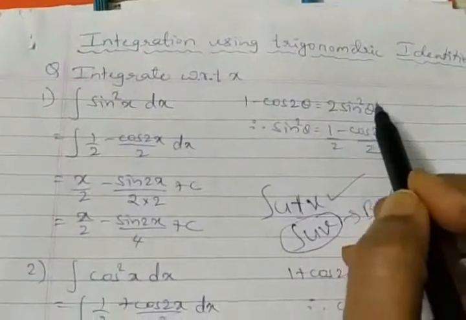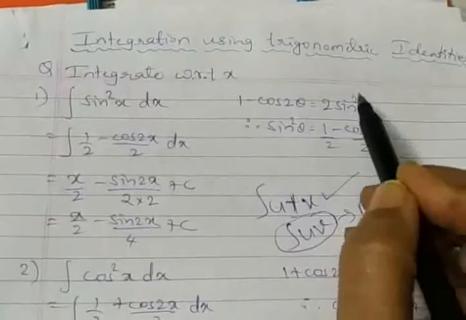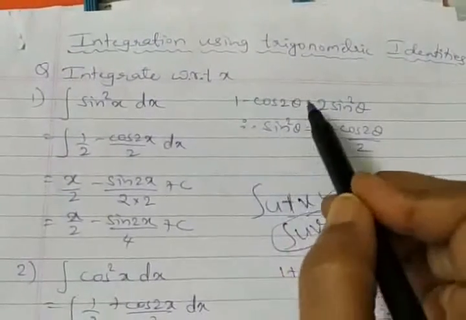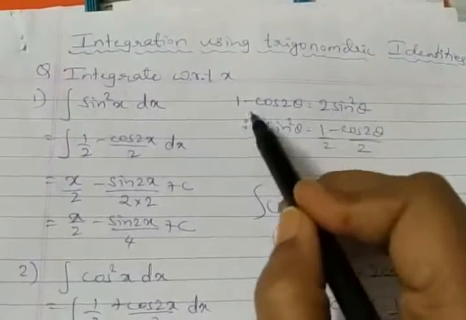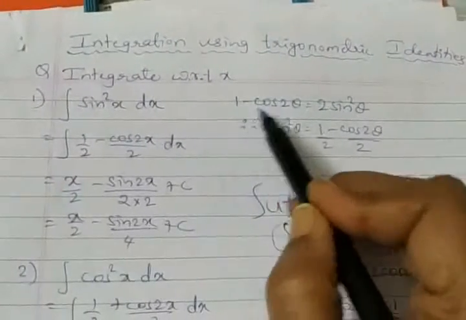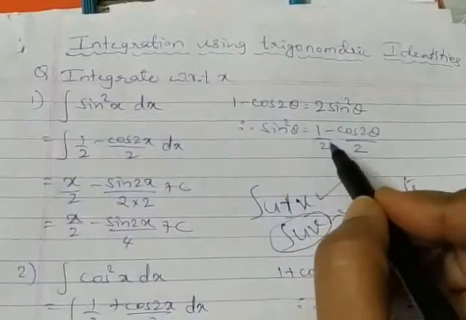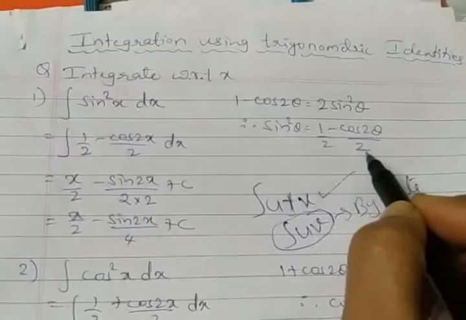So target is sin square theta. Can you rearrange it for sin square theta? Sin square theta is equal to, 2 is transferred, we are left out with 1 by 2, 2 transferred, whole divided by 2. This whole divided by 2 can be taken as LCM for the individual term. We are left out with 1 by 2 minus cos 2 theta by 2.